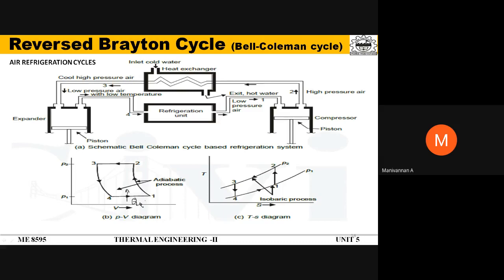In the reversed Carnot cycle, we assumed isothermal heat addition, that is, constant temperature heat addition. Constant temperature heat addition is not achievable. So that's why Brayton changed his idea: instead of constant temperature heat addition, he converted it into constant pressure heat addition, for which you can develop a system. So the heat removed in the refrigeration unit is transferred to the air at constant pressure. So 4 to 1 is the heat addition process at constant pressure.